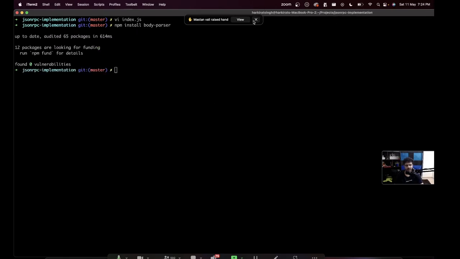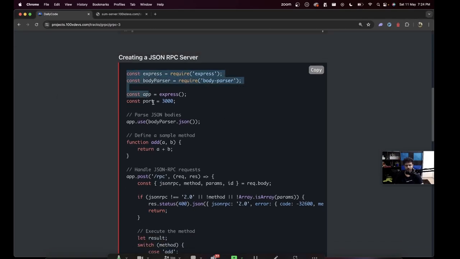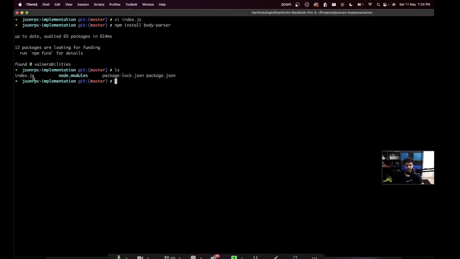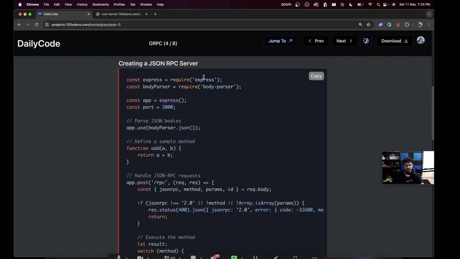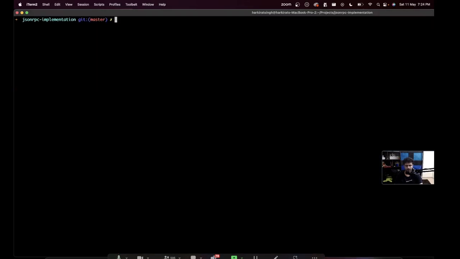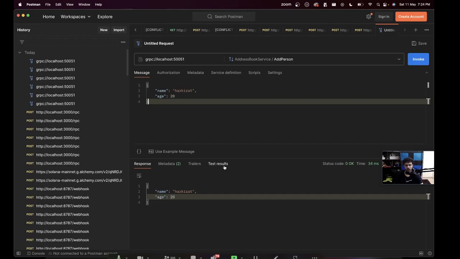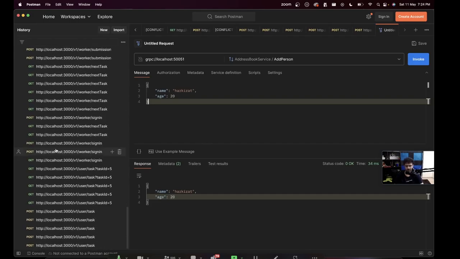What did I do? I did things fairly quickly, but let me quickly explain. I created the folder. I created an index.js file. I pasted all of the content from here into the index.js file. And then I did an npm install of all the dependencies, which we have two right now, express and body-parser. If I run node index.js and go to Postman,